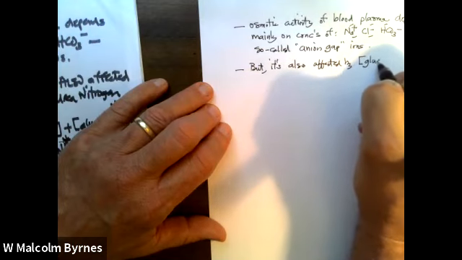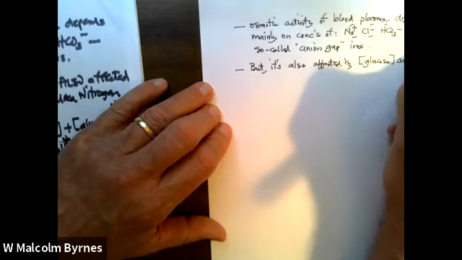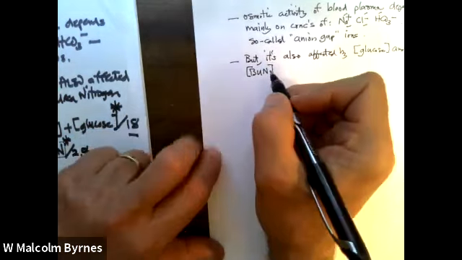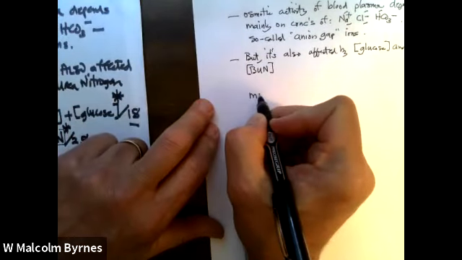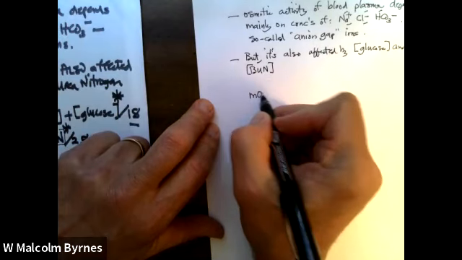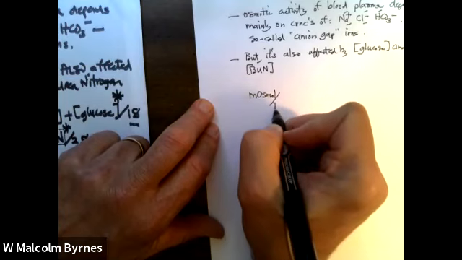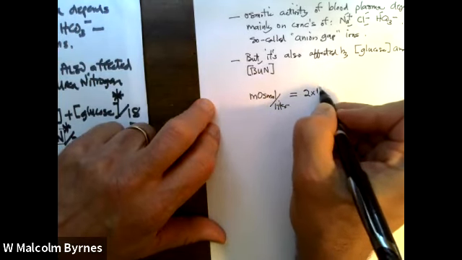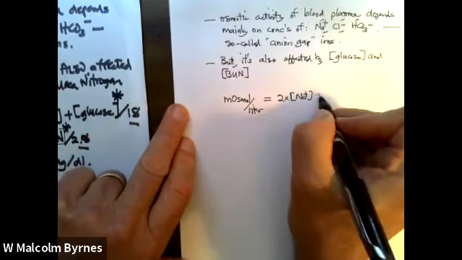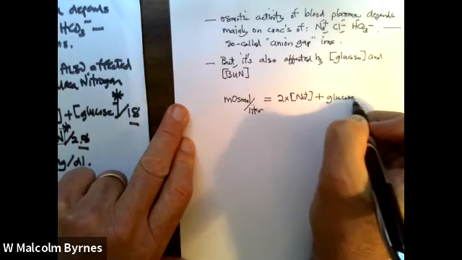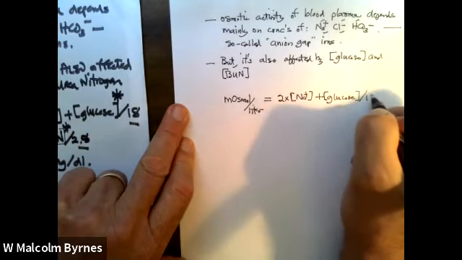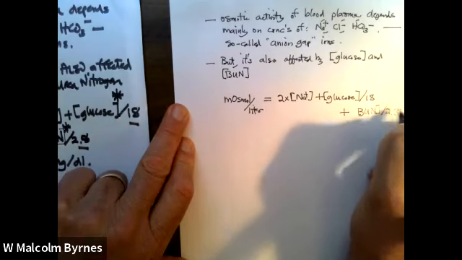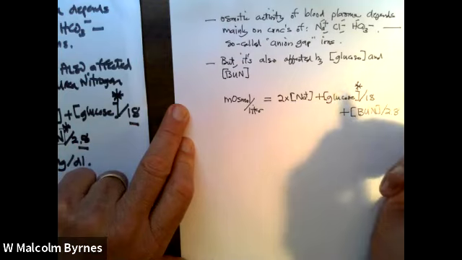So we can come up with a formula, where the osmotic activity in milliosmoles per liter is equal to 2 times the concentration of sodium ions, plus the concentration of glucose in the blood divided by 18, plus the concentration of blood urea nitrogen divided by 2.8,